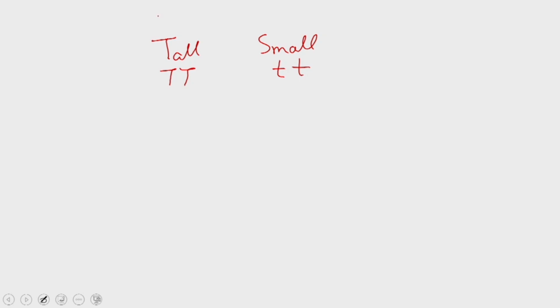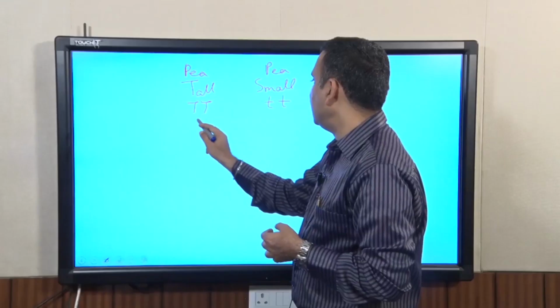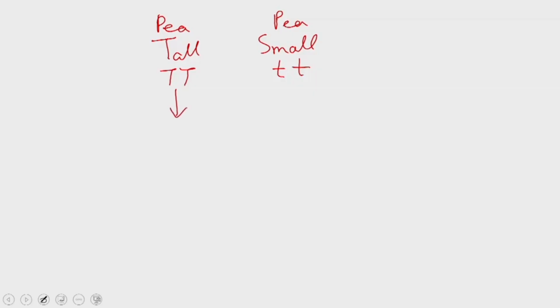Suppose you want to know what genes are responsible for making this pea plant tall compared to this pea plant. What is the difference is that it contains the genome which is actually the